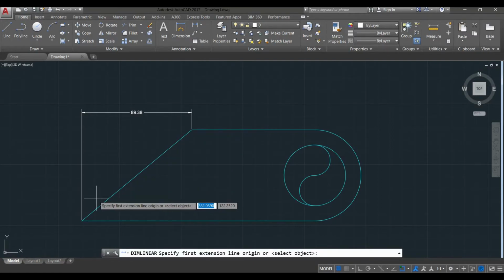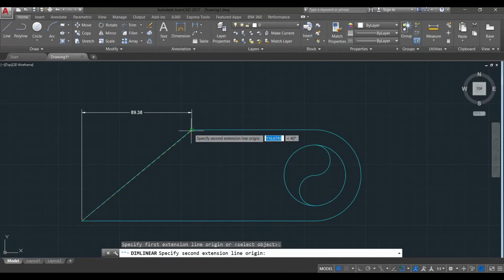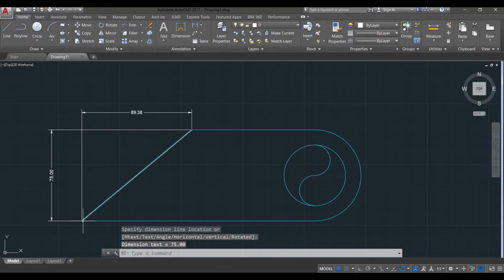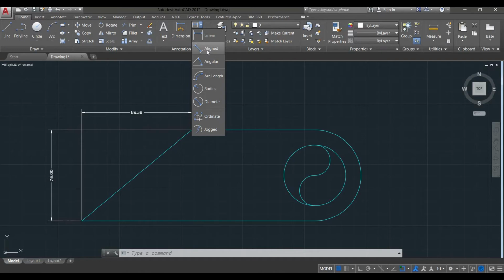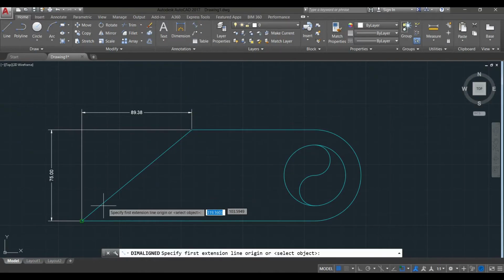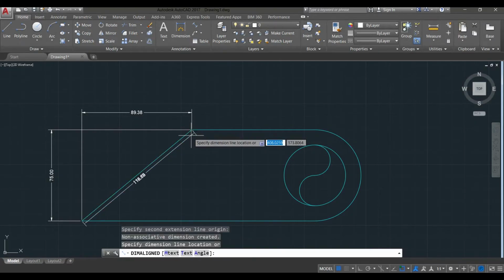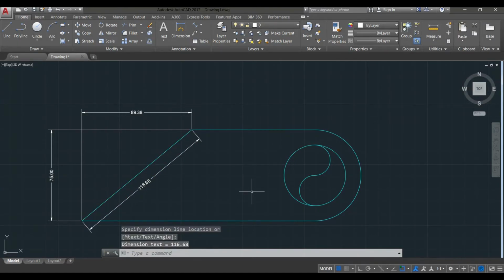So linear, if I'm going to measure this one, again, only horizontal and vertical dimension. If you want to measure the true length of this line, you will not use linear. Instead, you will use aligned, because aligned is set up to measure true lengths of line, or it will go parallel to the line you want to measure. There. Next,